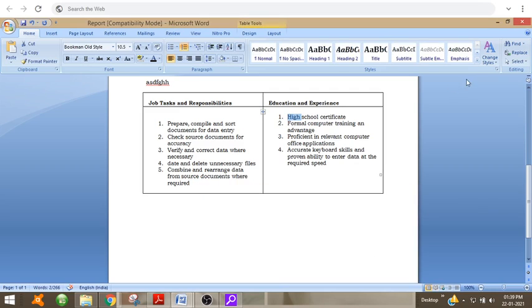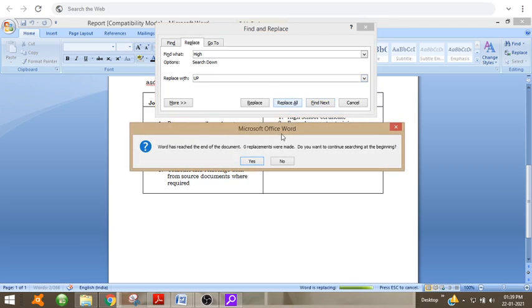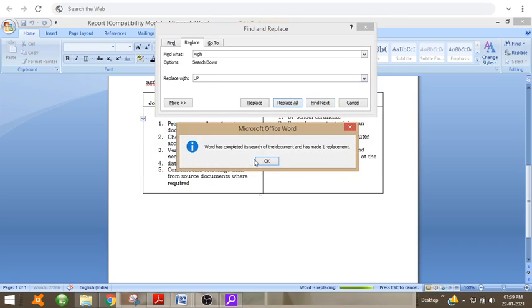So you first select the word, then click on Find, then click on Replace. Here we will find the word high and replace it with UP, then Replace All. Yes.